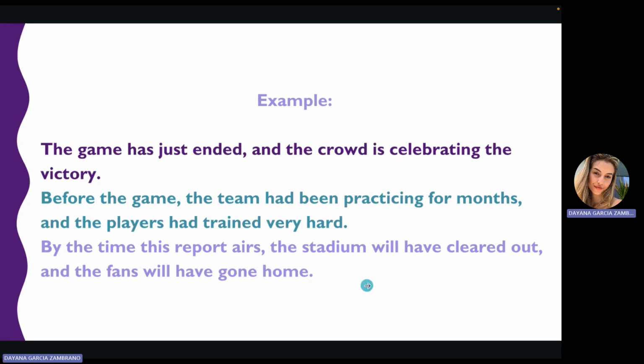I give them some time, like 5 minutes. Maybe they want to write it down to keep it for themselves. And then when they finish after 5 minutes, I ask each of them about it, and they need to pretend they're a journalist and tell all our classmates about their story.